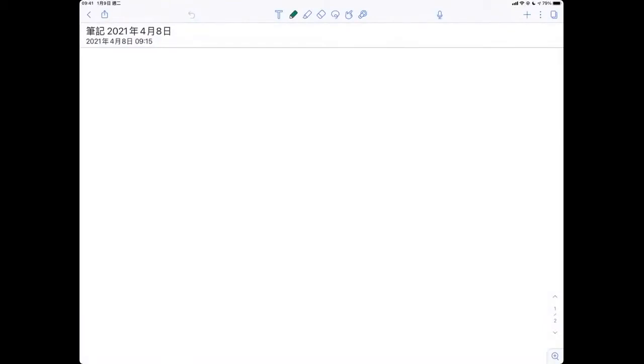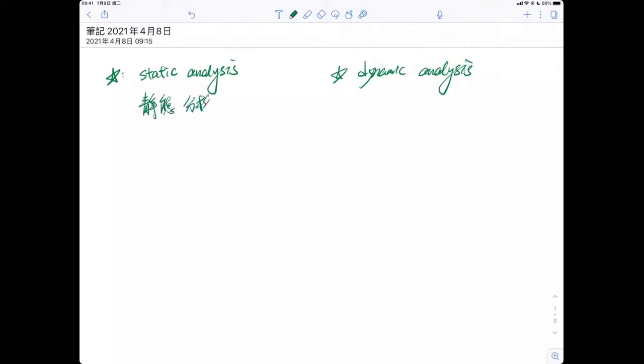Say something more about these two different analysis methods. Static analysis, okay? The right hand side, dynamic analysis. In Mandarin, that is 静态分析. The right hand side, that is 动态分析. And the most important thing about these two different methods is that while you do static analysis, first you have